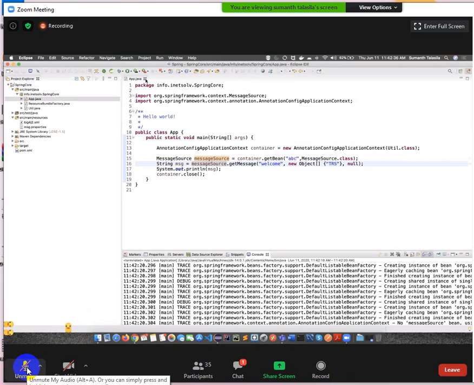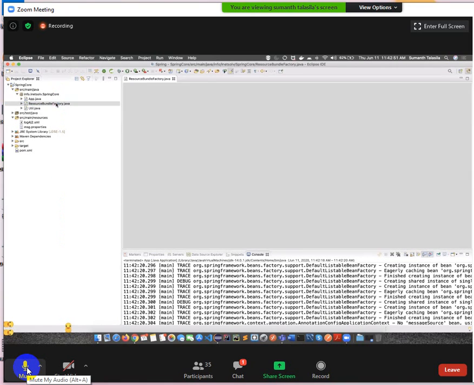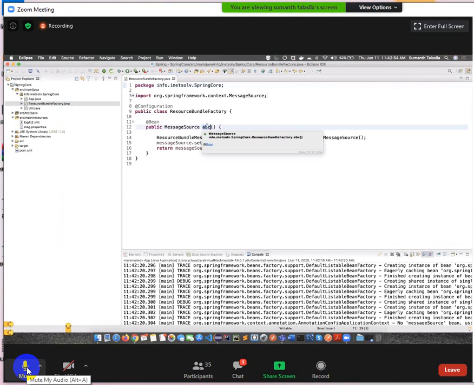Only one way, or do we have two ways as of now? We have two ways as of now. What are the two ways? One is directly giving the messageSource bean. In this factory, directly give the bean name as messageSource. If I give the bean name as messageSource, what is happening internally? When the container is created, it will check for the messageSource.